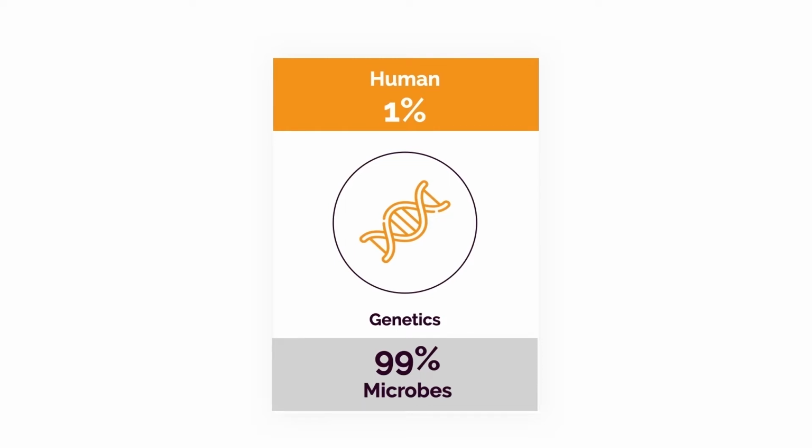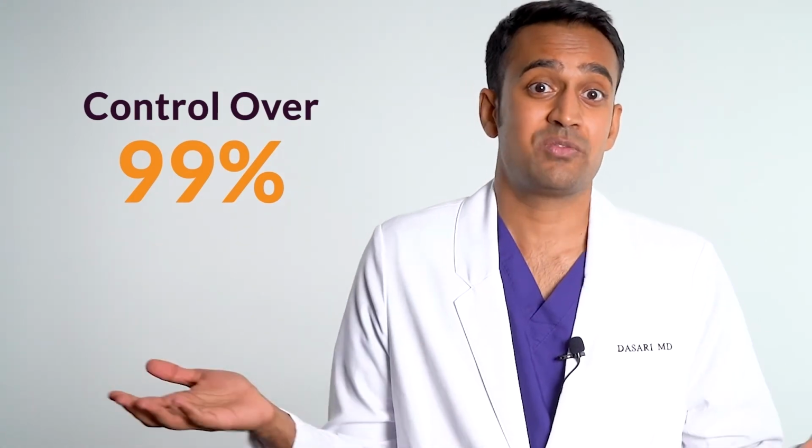For the people that like to blame genetics, you may not even have terrible genetics. Your genetics may be just fine. You may just have a bacterial imbalance, and that's what's causing a significant problem. So obviously gut health is just taking off, and that's why we're seeing this big push in wellness circles, because the intestines are the gateway to the immune system. Just think, if you can control over 99% of the genetic diversity in your body in a favorable way, what sort of advantage will you have?